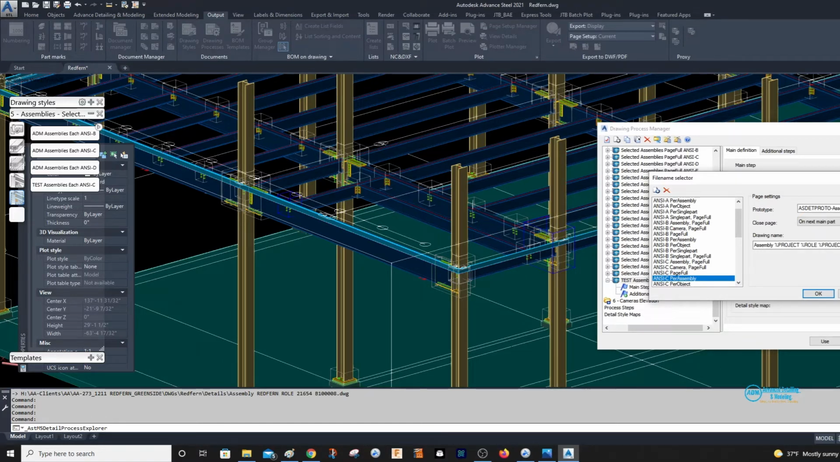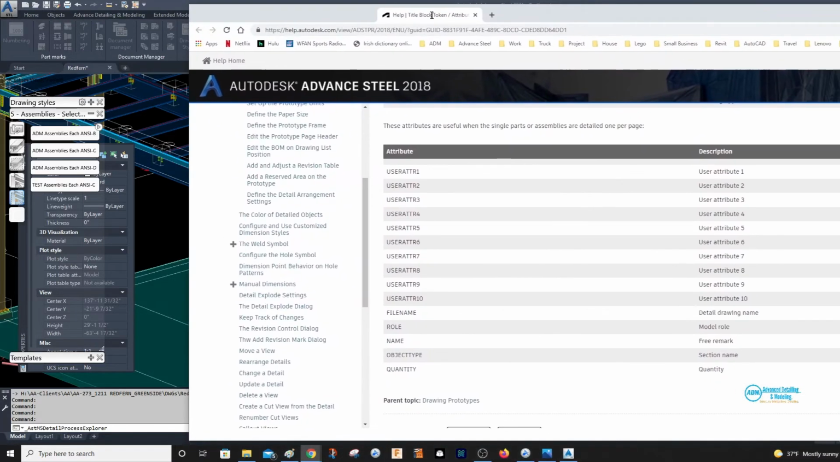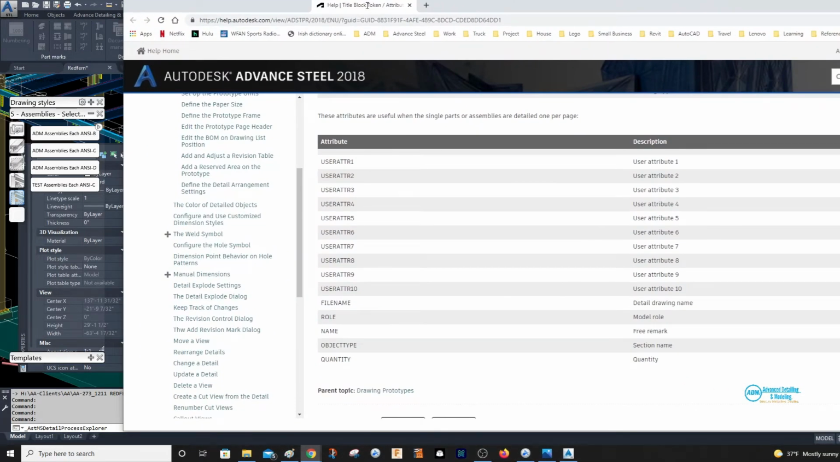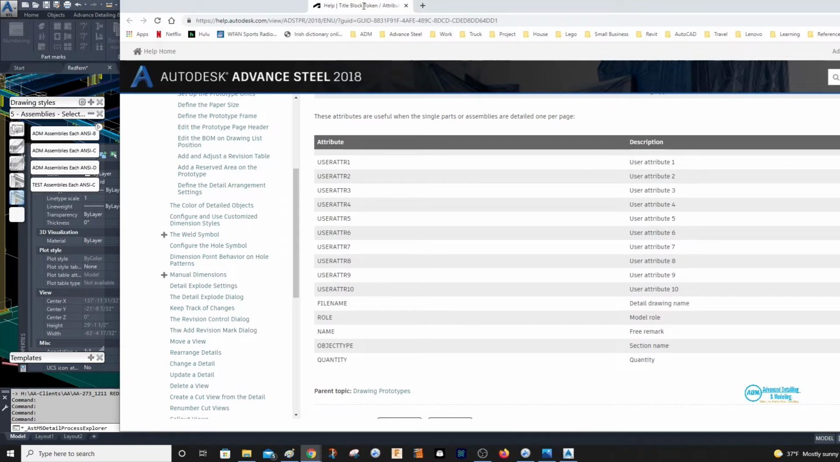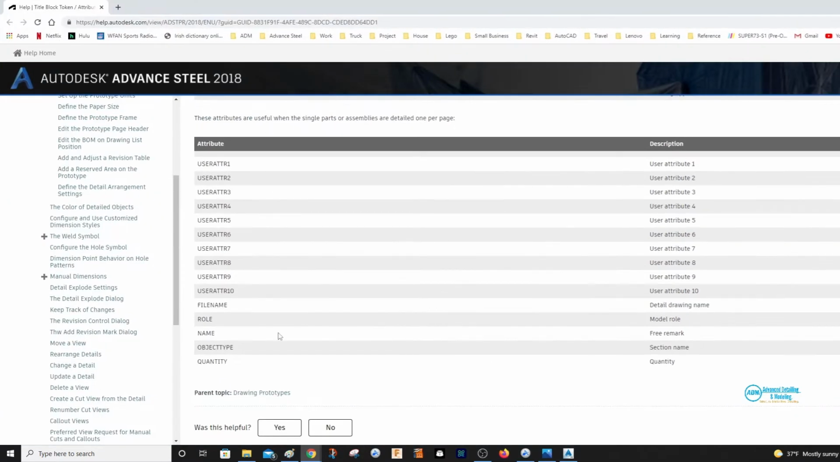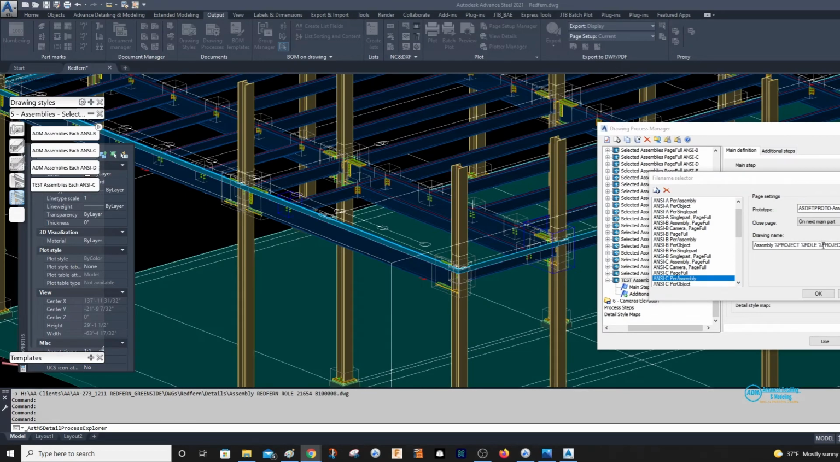So these tokens here, you can see these tokens here. These are supposed to be useful when the single parts or assemblies are detailed on one per page. So that should allow me to use the free remark and whatever else I need. But it's not. So, or the quantity or any of those, but they're not working. So, like if I change this to quantity,